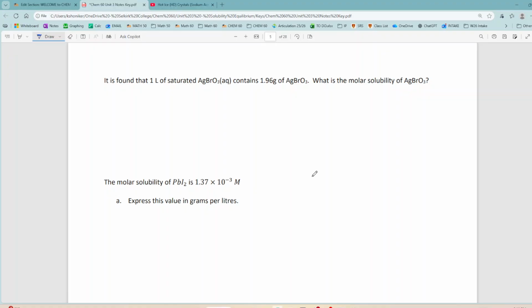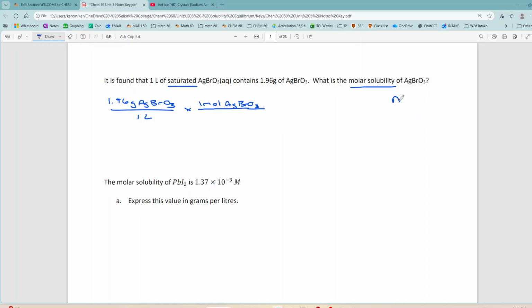It is found that 1 liter of saturated silver bromate contains 1.96 grams of silver bromate. What is the molar solubility? Now, this shouldn't feel any different than doing concentration, right? It's just that we're calling it a different thing. So for this one, we're starting with 1.96 grams of the silver bromate in 1 liter. And then we would do the conversion from grams to moles. So we know that 1 mole of silver bromate